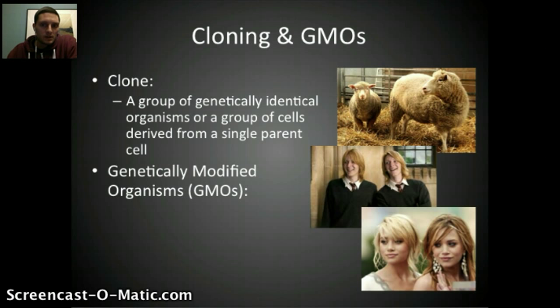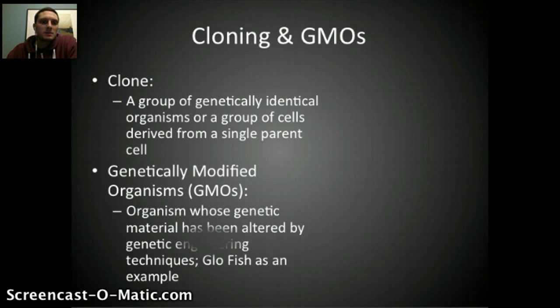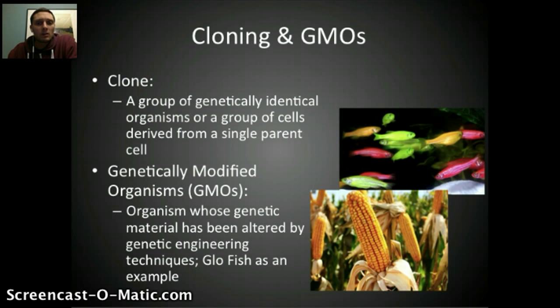Genetically modified organisms are slightly different than a clone here. They're organisms whose genetic material has been altered by some sort of genetic engineering technique. Glowfish, which we talked about earlier in the year, are a great example of genetically modified organisms. There's genes that can be turned on or off to make organisms glow. These genes are oftentimes derived from marine organisms like jellyfish or some type of anemones that naturally glow. And if that gene from those jellyfish or from those sea anemones can be extracted and put into other organisms, like some of these fish, typically zebrafish have been used to make glowfish. If that glowing gene can be put into the zebrafish, it can then glow,